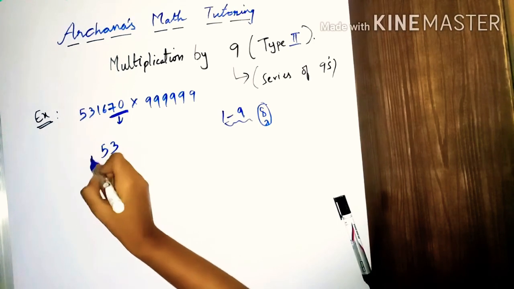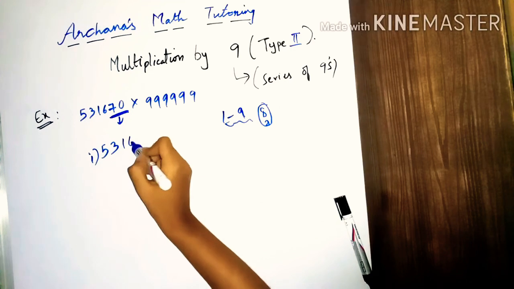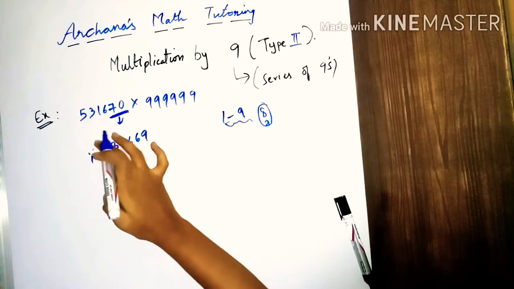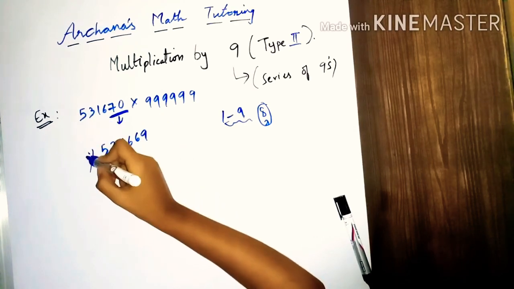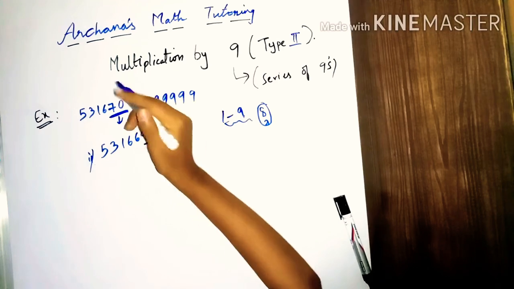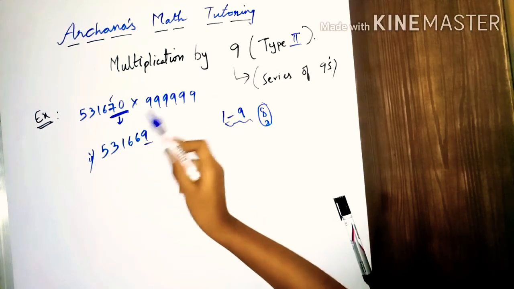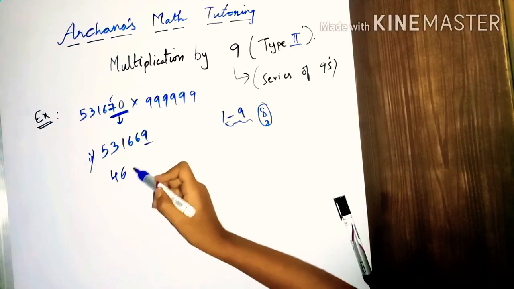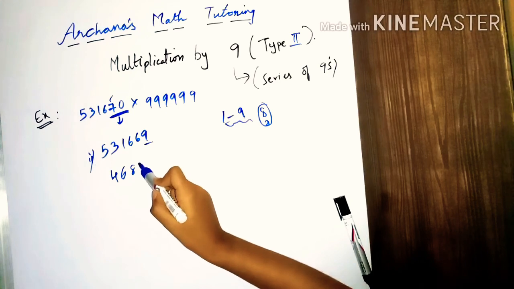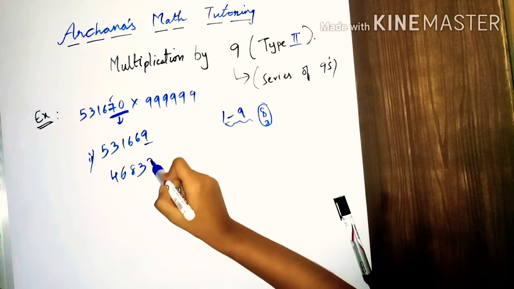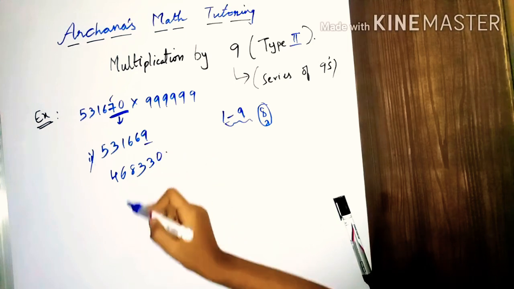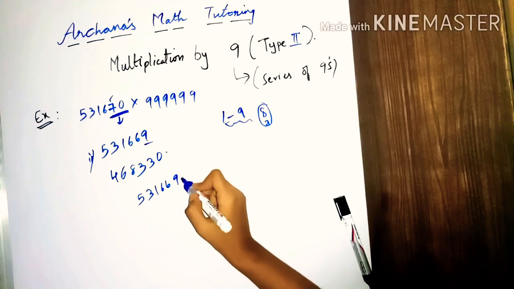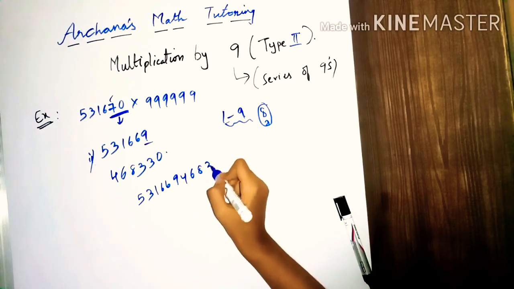In the first step, after removing 1 you will get 5 3 1 6. After 70, removing 1 lands at 69. So whenever you remove 1 from 0, write it as 9 basically and decrease the number from here. Again, subtracting these from 9 gives 9 minus 5 is 4, 9 minus 3 is 6, 9 minus 1 is 8, 9 minus 6 is 3, and again 9 minus 6 is 3, 9 minus 9 is 0. So combining these two would give me 5 3 1 6, 6 9, 4 6 8 3 and 0.